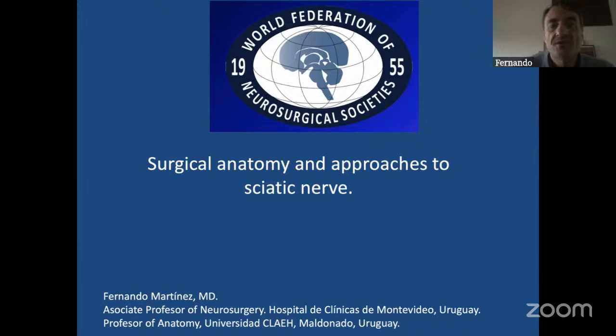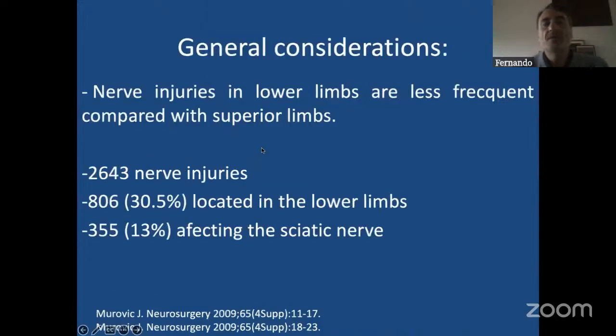So that you will understand what I'm speaking about. When we look at nerve injuries in the human, nerve injuries in the lower limb are less frequent than injuries in the superior limb. But when we look at these numbers from the University of Louisiana, we can see that